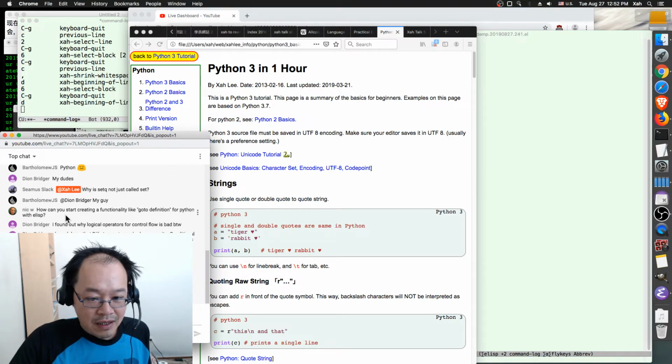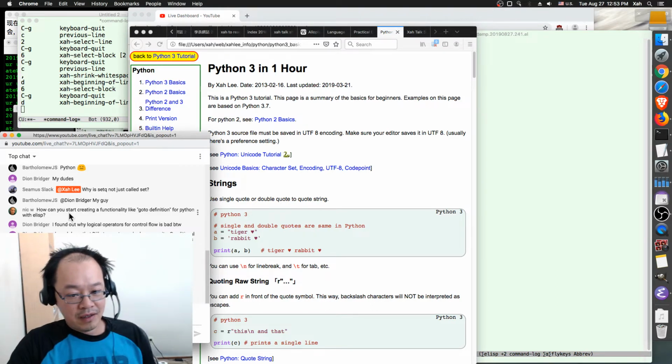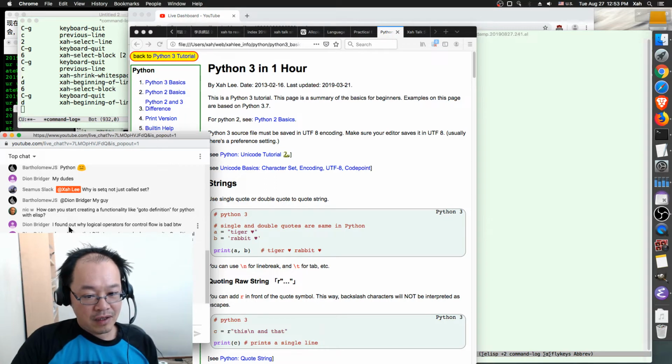So Nick says, how can you start creating a functionality like go-to definition for Python? Well, what do you mean? Like, what do you mean go-to definition? Like you mean the programming construct go-to in Emacs Lisp? Nick. So answer, okay. So Dion says, I found out why logical operators for control flow is bad, by the